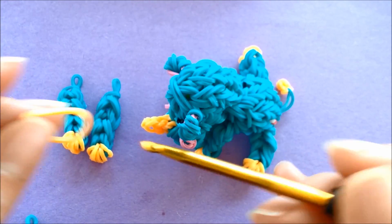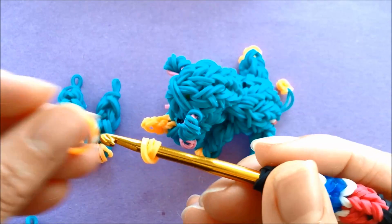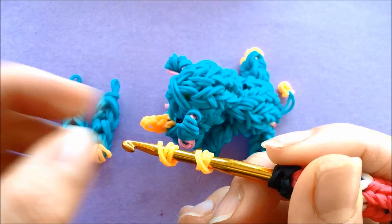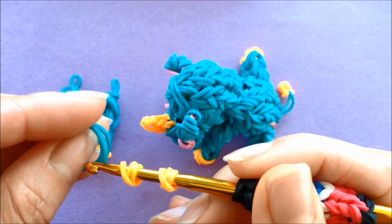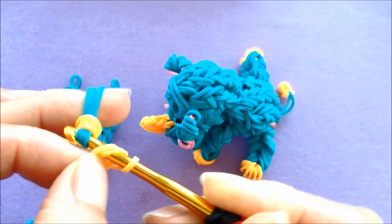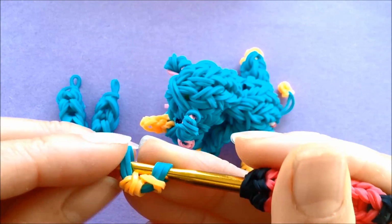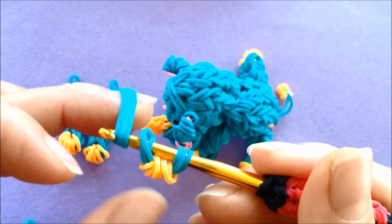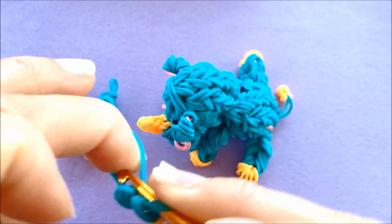I'm going to make the hind legs once again, taking my orange, 2 of them, looping it 3 times on the hook, 3 single bands at a time. We're going to pull the orange onto the 3 single bands. We'll do this 3 times, so that's 1, 2,